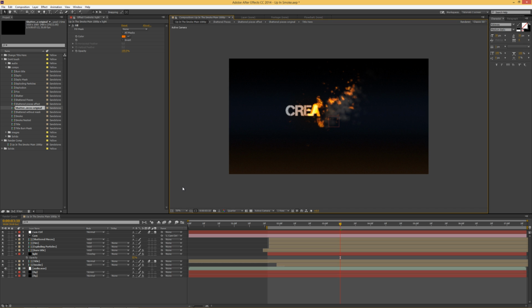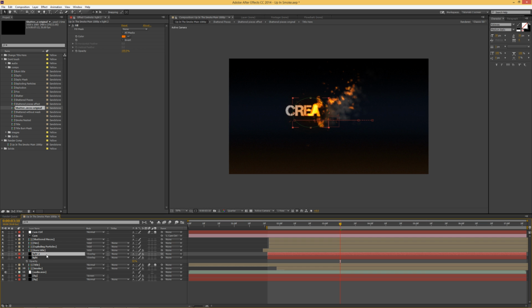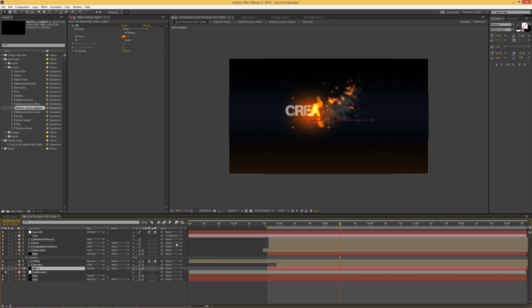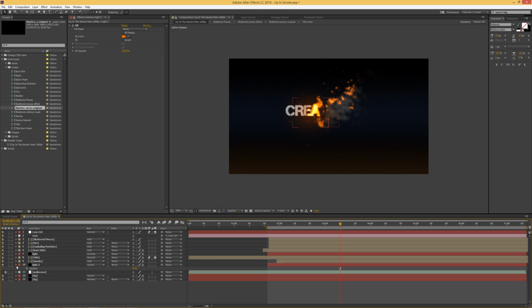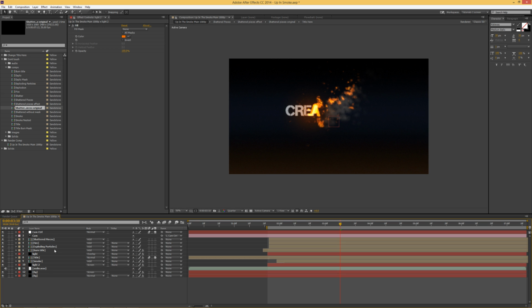Okay, and after we do that, we can duplicate this again, turn to screen, go below the title, and then use T key on the keyboard to reveal the opacity and move it to 20 maybe. Now we have some additional detail,